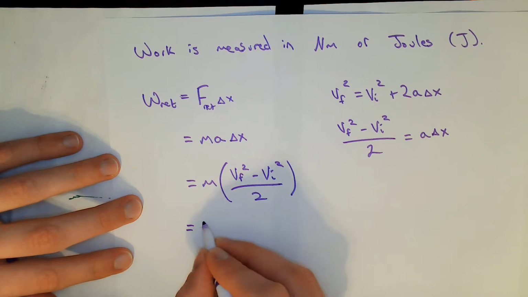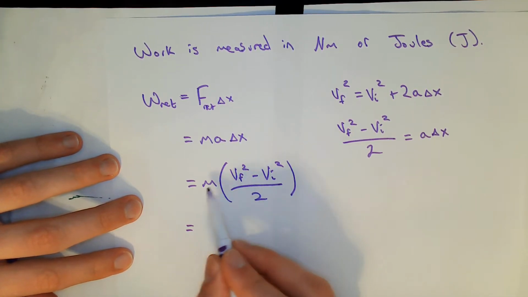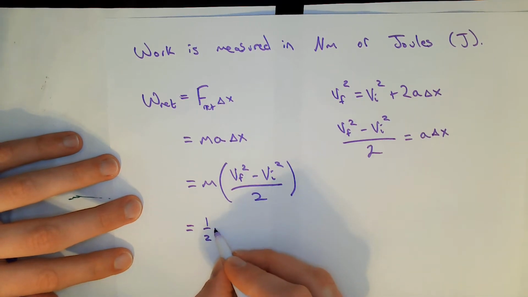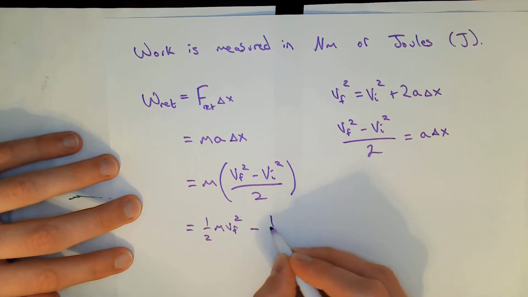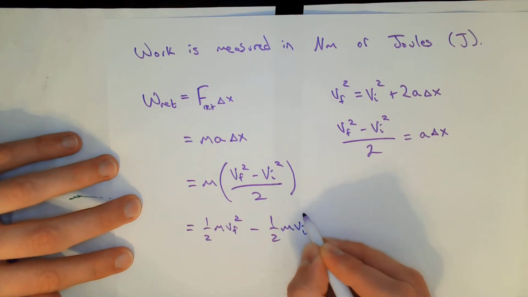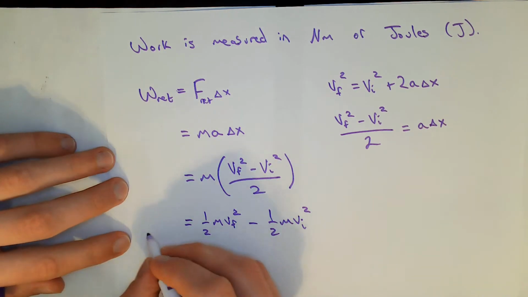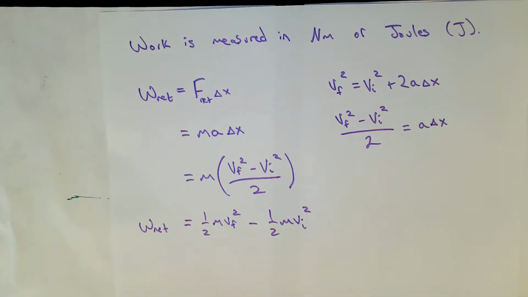So if I expand this fraction, I'll send m to both of these. There's a 1/2 attached to both of the terms. 1/2, there's an m, and there's a v final squared on the first one. And the second one looks exactly the same, except it's v initial squared. So that's just some little algebra manipulation there. So I'm getting that my net work is equal to this relationship, that's a pretty powerful statement, because now I'm